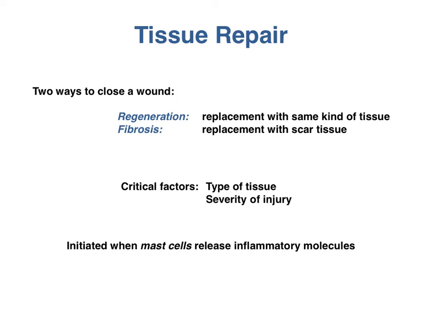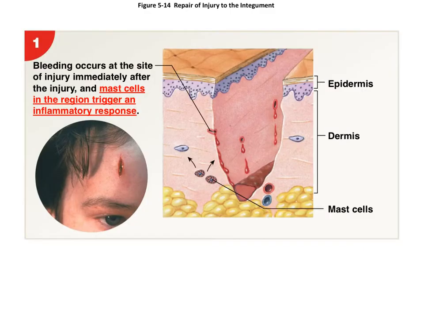This whole process is initiated when inflammatory cells present in the connective tissue release inflammatory molecules, and these initial cells are called mast cells. Your textbook has a really great walkthrough of skin repair, and that's in figure 5.14. I'm incorporating it into this video, and I've highlighted the most important things going on in each step. So this is step number 1 of skin repair, and that's, as I mentioned, initiation of